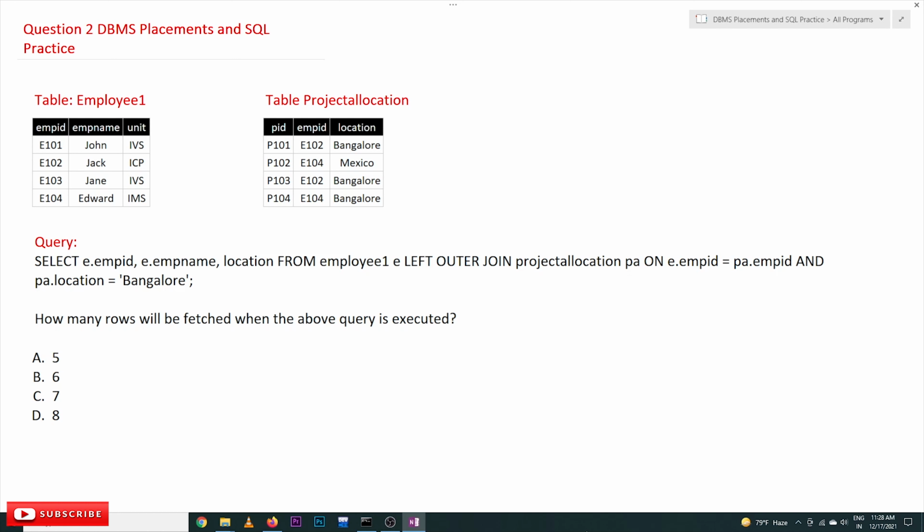I am Vikram. In this class, we'll try to understand our second question on DBMS placements and SQL practice. The concepts related to this question have already been discussed. The entire database management system course has been clearly explained in detail with lots of examples in